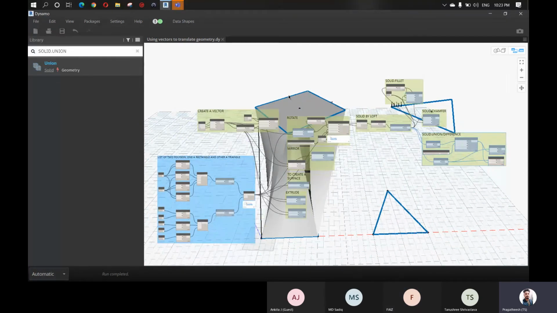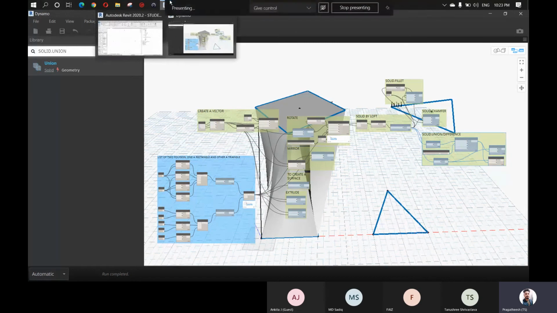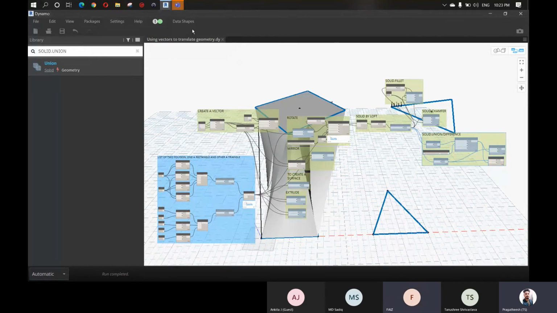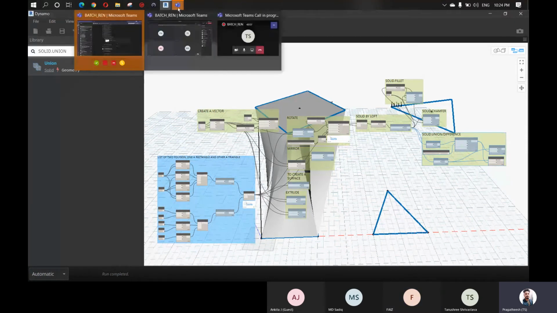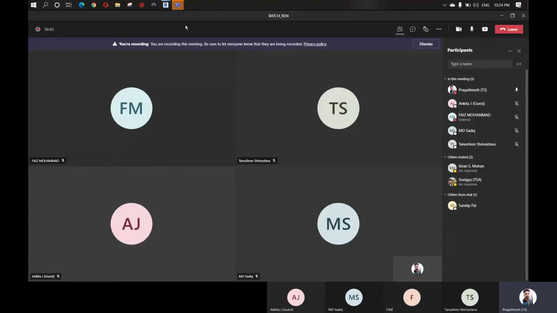Okay, do you have any confusions or doubts, or do you feel you are not understanding? Yes, it's a slightly complex task for us right now. Yeah, that's fine, because for first-time learners it will be like this, but that's not a problem at all. You can just watch the videos, try a couple of times, then you will get familiar with it. Okay, so for the first time, Sir, it's normal.